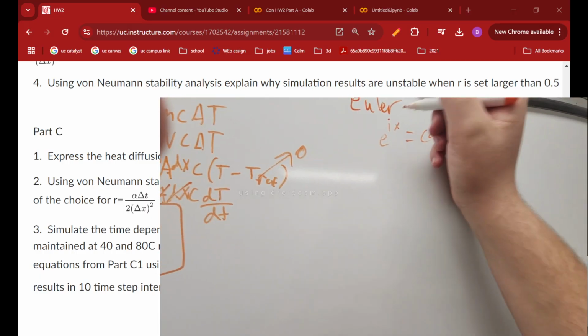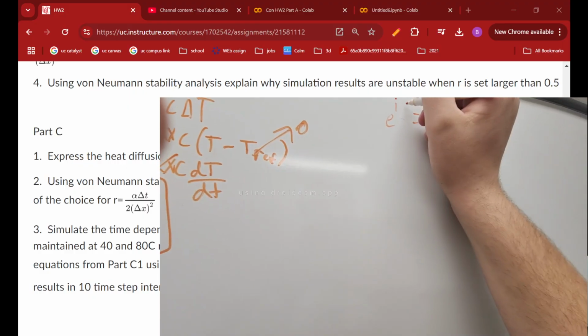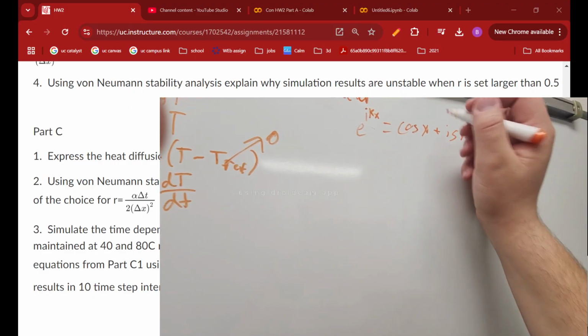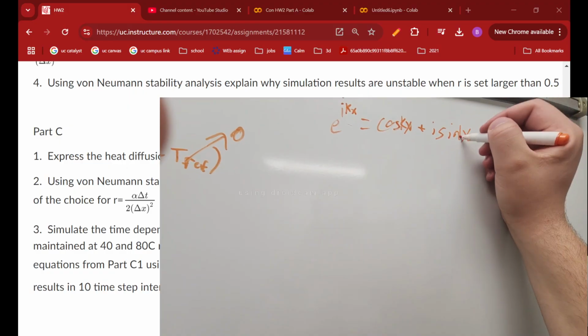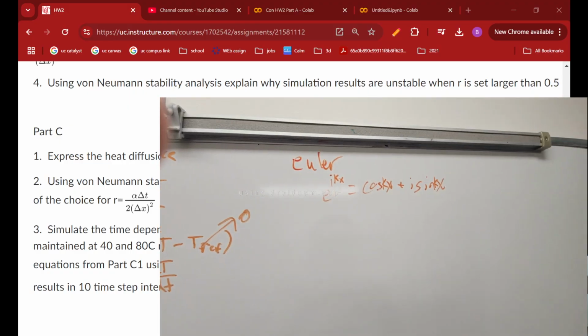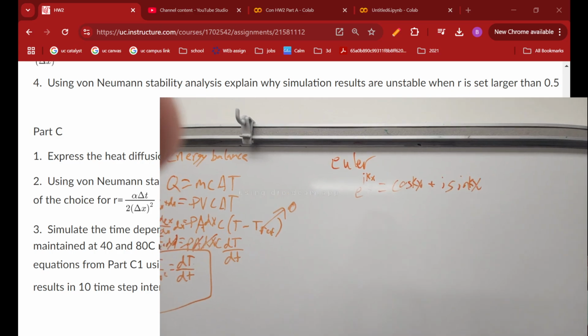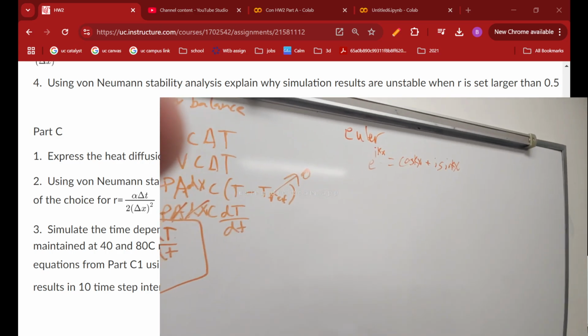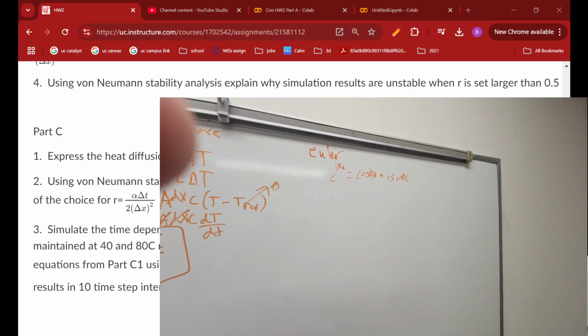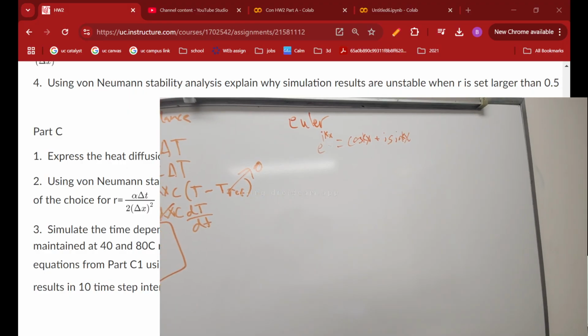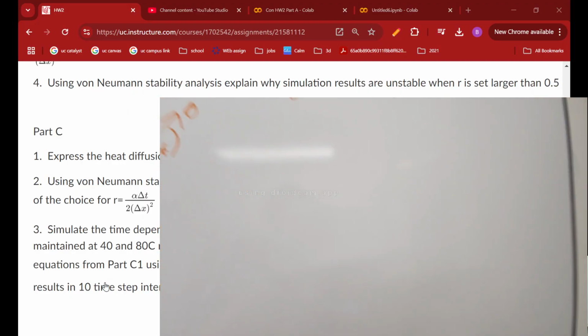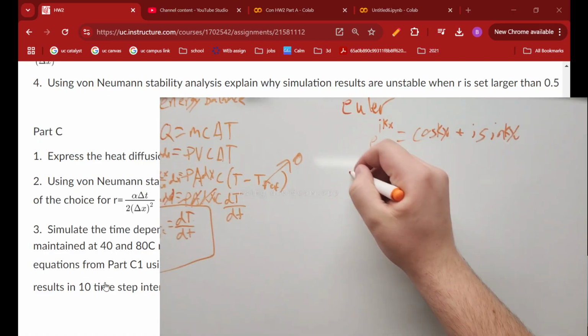And then with this, as you modify up here, you can modify inside the cosine and sine. Let me double check that real quick before I give false information. Yes,